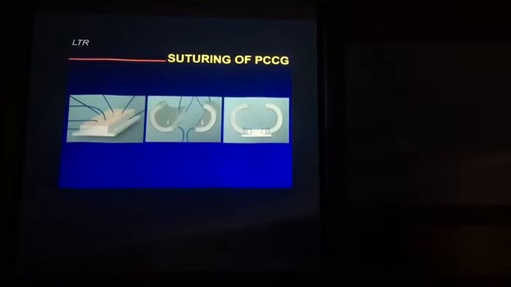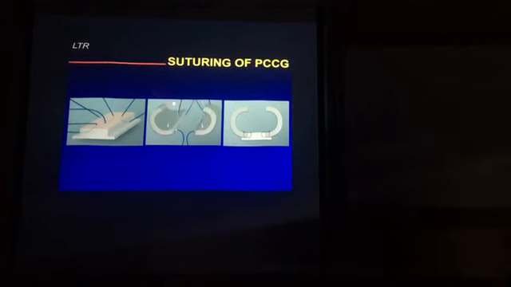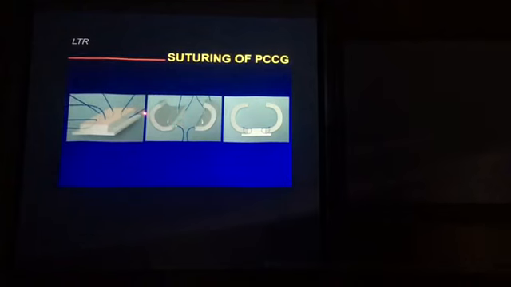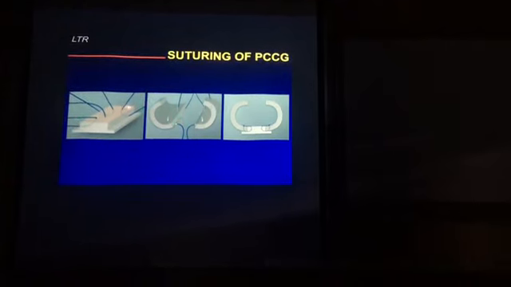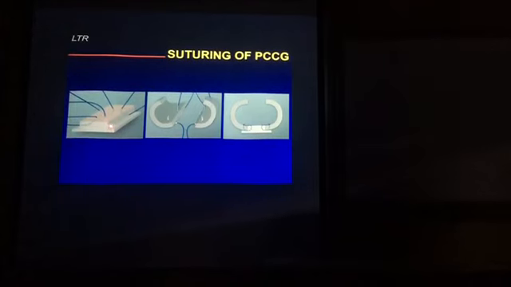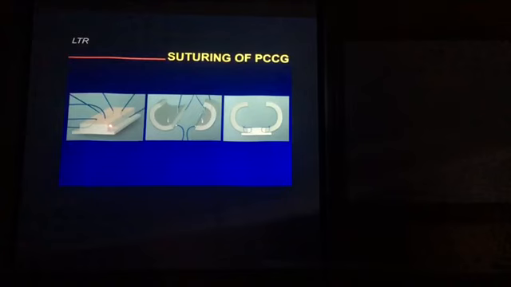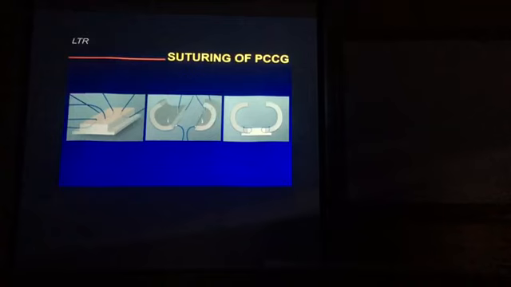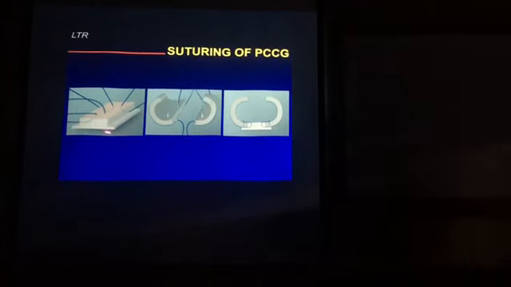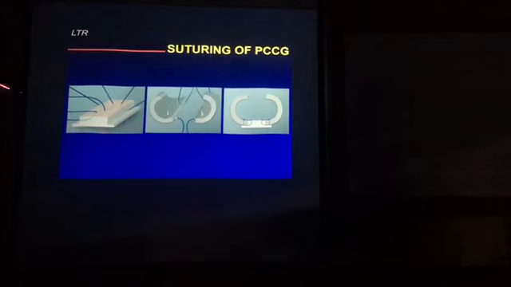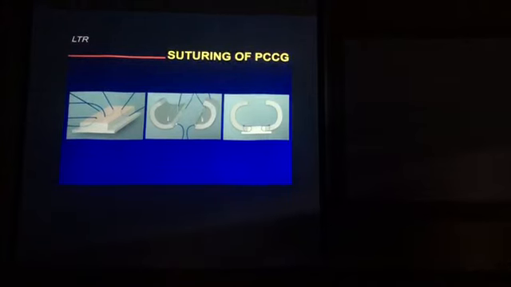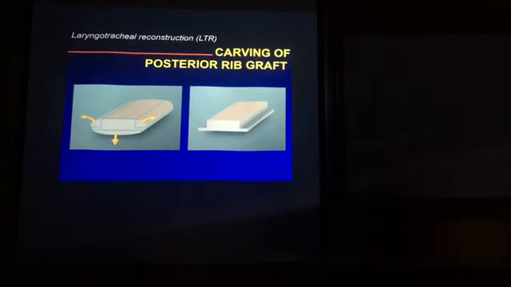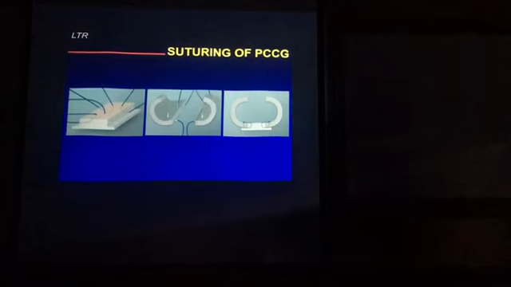Once you have divided the cricoid plate, you can measure here the thickness of your cricoid plate. Okay, and when you have your graft here, you can also decide that I'm going to have 2, 3, or 4 millimeter thickness here, and then you do your horizontal cut, and you create your flanges, and then you cut the excess like we did before. Here you cut the excess so that you have nice flanges. You can do it perfectly well. Yes. A trick